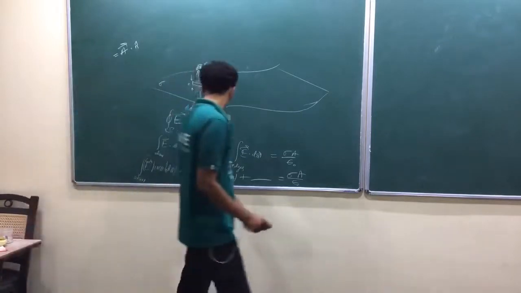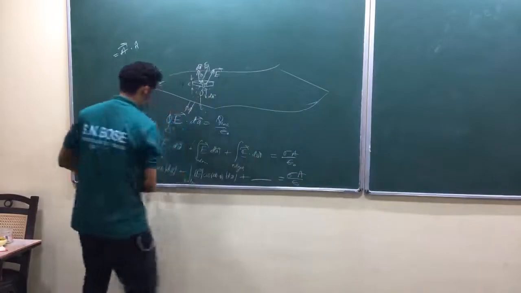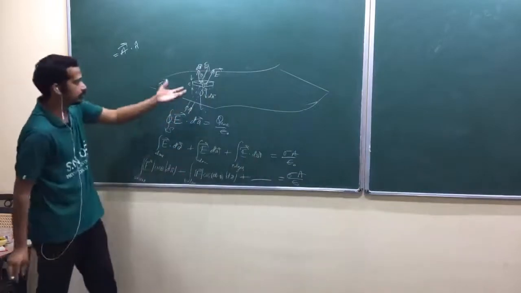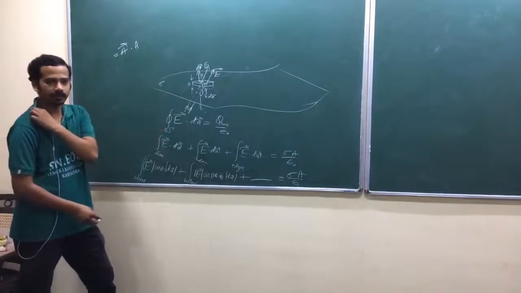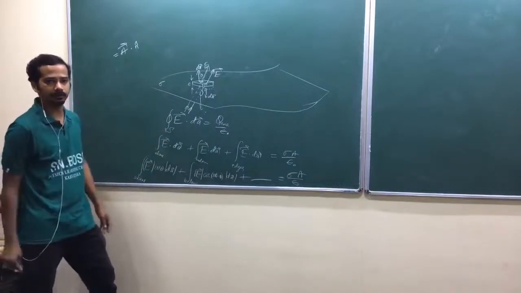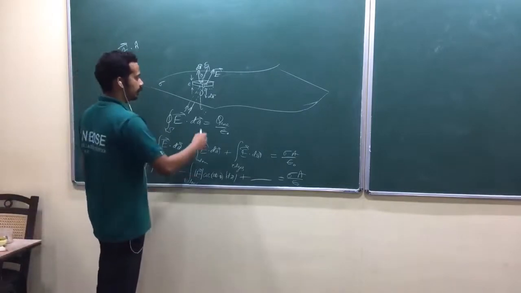Minus cos theta. Now if I write them, again I'm going to take this outside. Why can I take this outside? Because that is a very small patch of area, a very small fraction. Over that, the electric field is practically uniform. That is the idea. Are you getting my point?